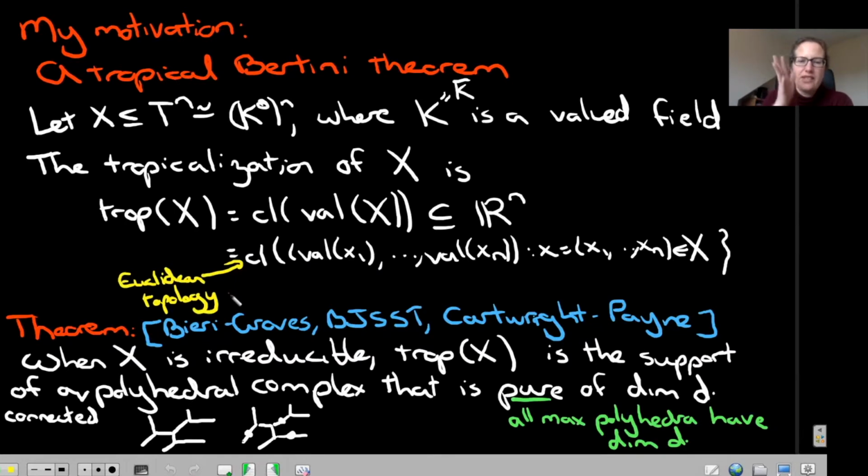So that's the tropicalization. So this is the shadow part. We're taking the shadow of my variety under the valuation map. And it's a theorem, goes back originally to Bieri and Groves in geometric group theory, so 20 plus years before